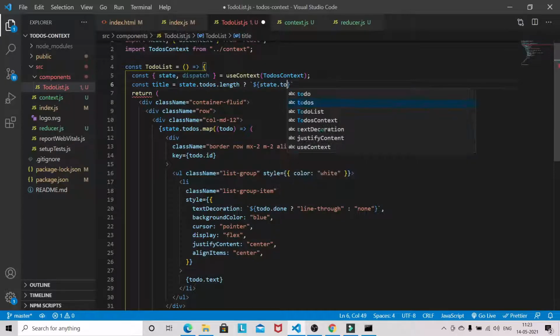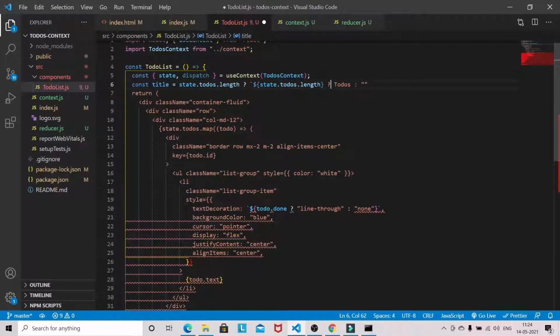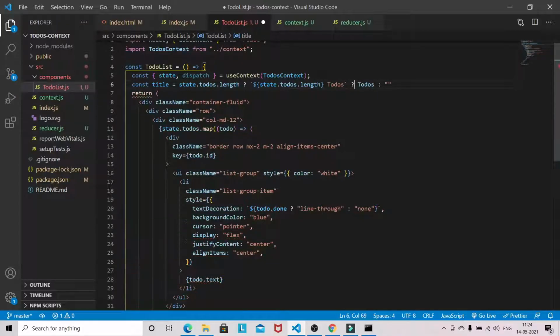So state to-dos length, and if there is none, then nothing to do.